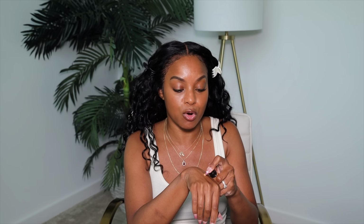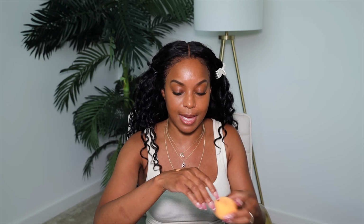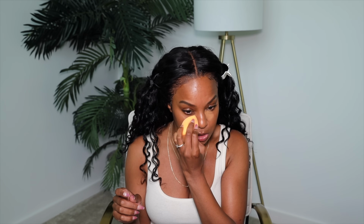concealer in the color NC45. This is my summer concealer because she don't move, she don't budge. If you sweat a little bit, it don't matter to her. She's like, girl, I got you. I wore it while I was on vacation. We just got back from vacation